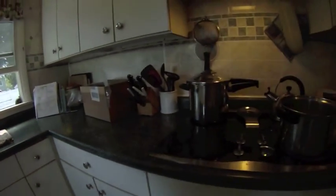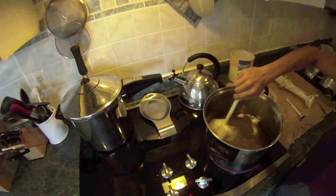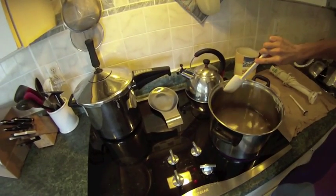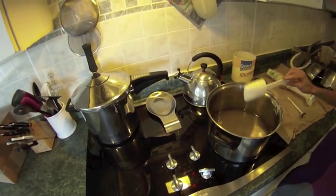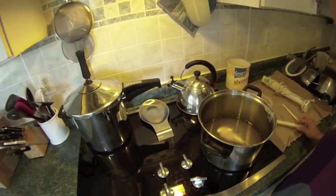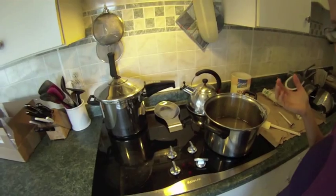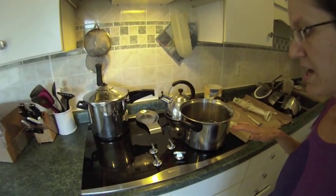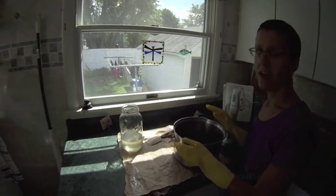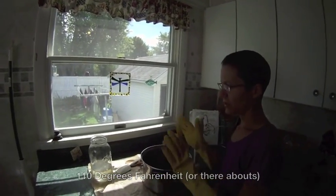And over here is where I am melting my fat, and it has to heat up to the same temperature as the lye and water mixture. This is the part that takes the most time during the process, bringing the temperature of the oils up and bringing the temperature of the lye down so that they're at the same temperature, and then we can mix them. These are both at approximately 110, within a few degrees from each other,